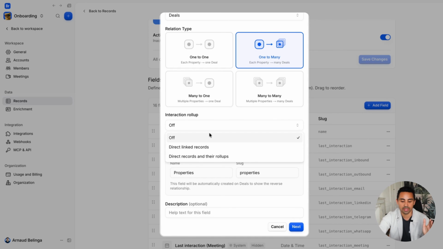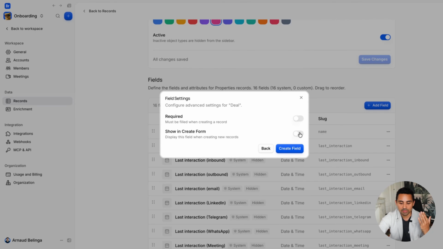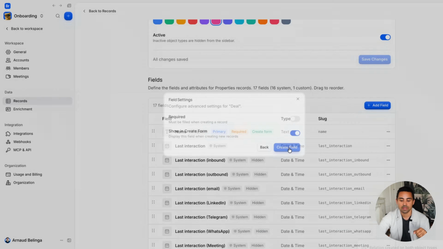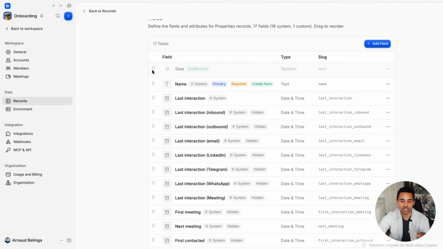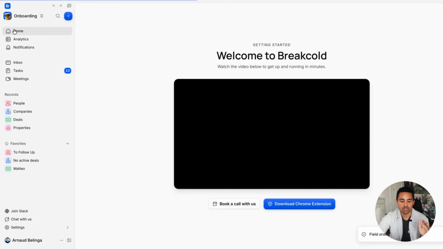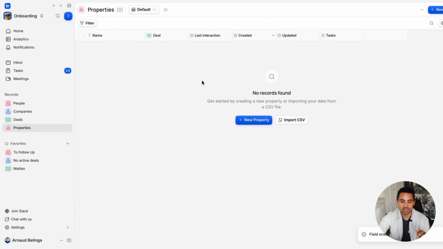So here I'm just going to leave this off. And then I'm going to click on next. Now I'll say show in create form, and we're going to say create. And so now what happened is that we have a relationship that has been created between my properties and